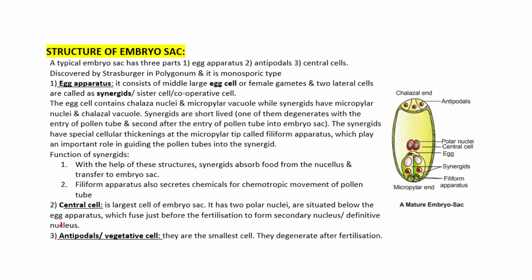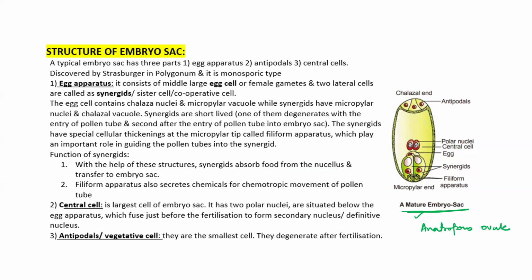Now let us study this diagram. One more NCERT diagram. This is the diagrammatic representation of the mature embryo sac, the last diagram of your NCERT on the embryo sac page, assuming an anatropous ovule. But if you remember what I taught you, Strasburger studied the polygonum type. Polygonum means orthotropous ovule.